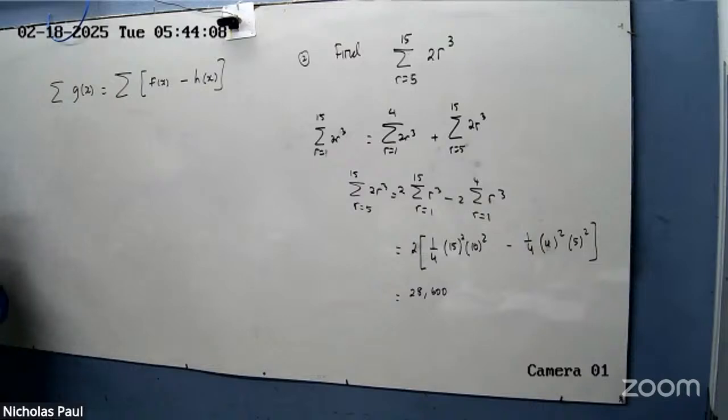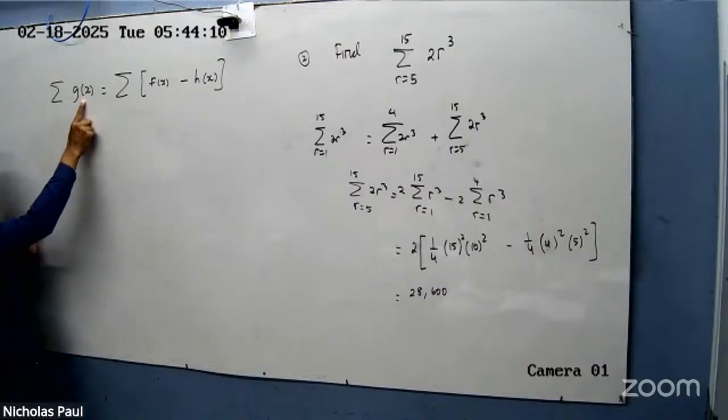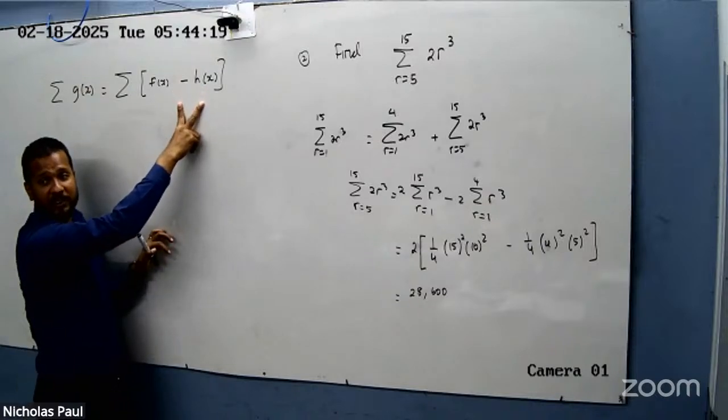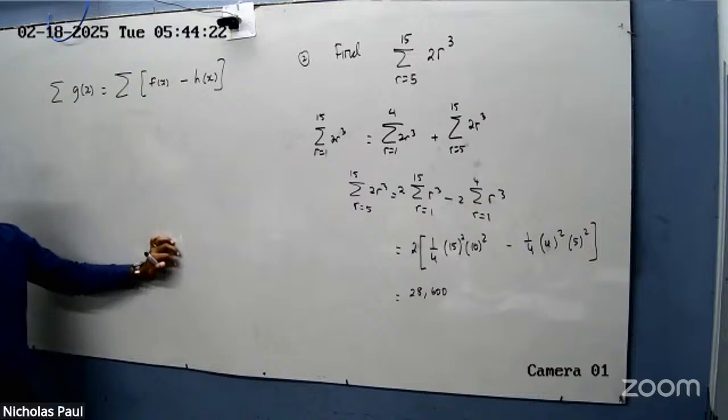Watch it for a minute again, right? So if I give you this, and you could find a way to write the function as two other functions, the difference of two other functions,